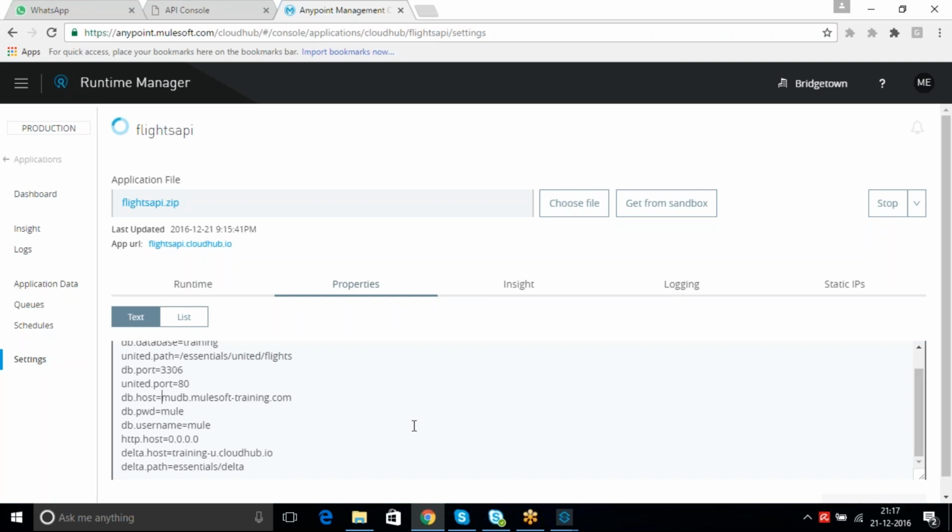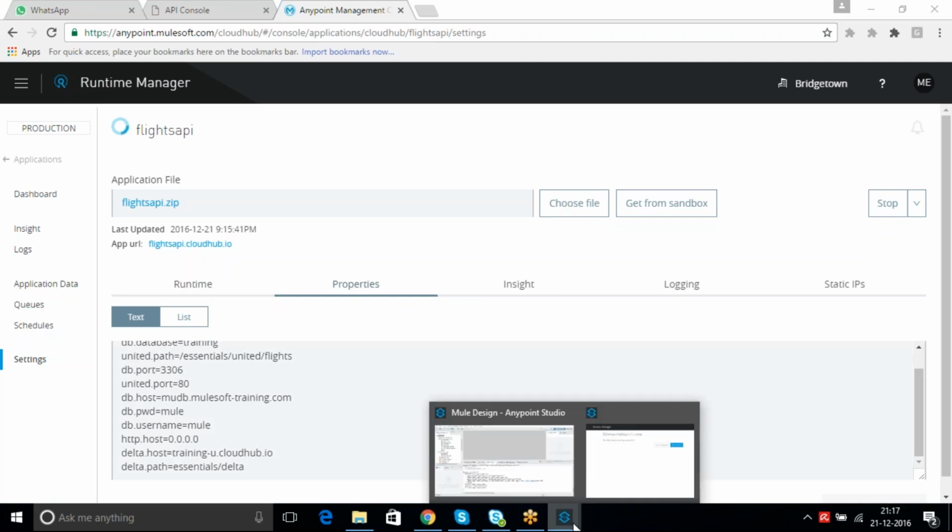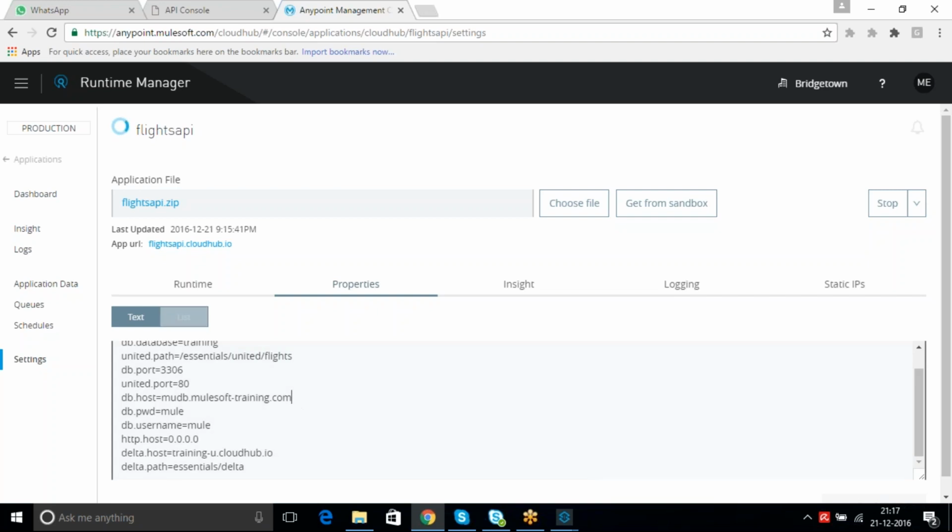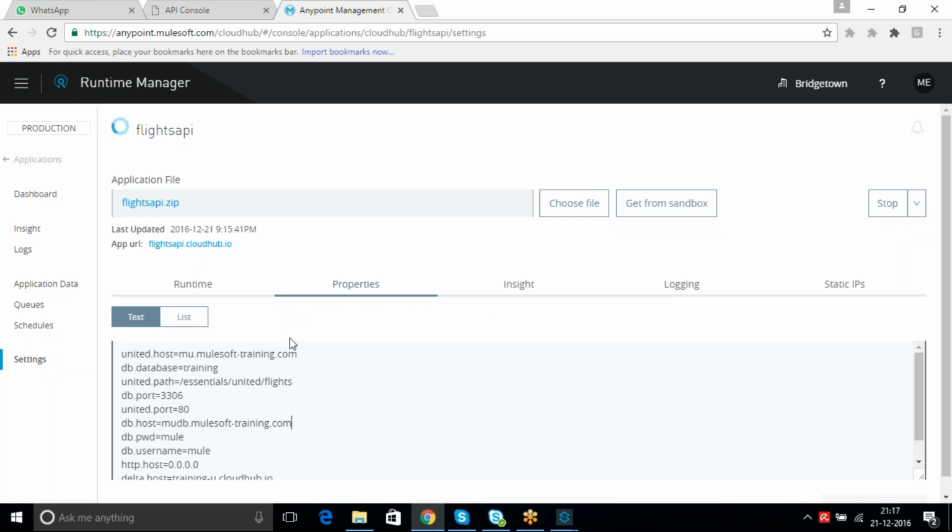You can simply change it here. No need to go to Anypoint Studio and click on your connector to change it. You can save it, that's it, and it will get updated. Or if your database username and password change, you can simply change them here. Anything represented inside the properties file can be easily changed and easily deployed.